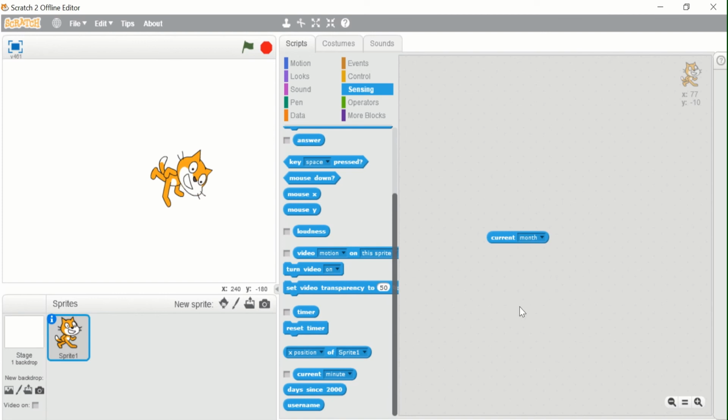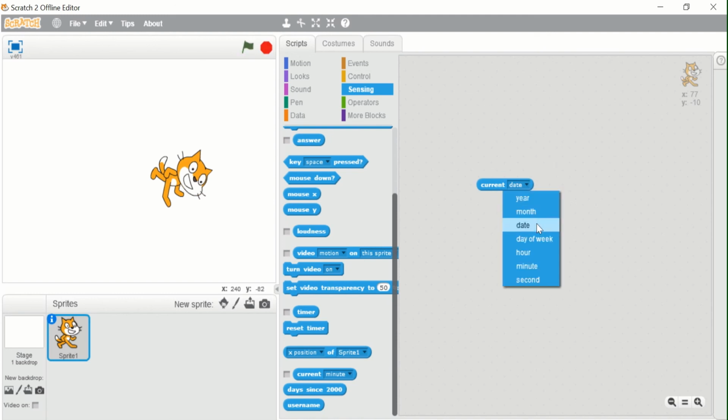Current month. Now there is also one more thing. Current month will say in number. As you all know, it is going on December, but it will not say December, it will say 12, because if we count, it is the 12th month, which is December. Now date, today is 19th December, so it will say 19.